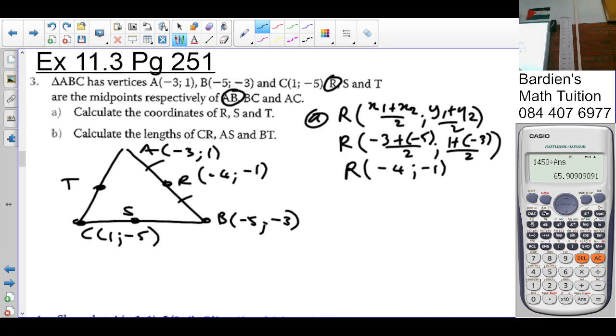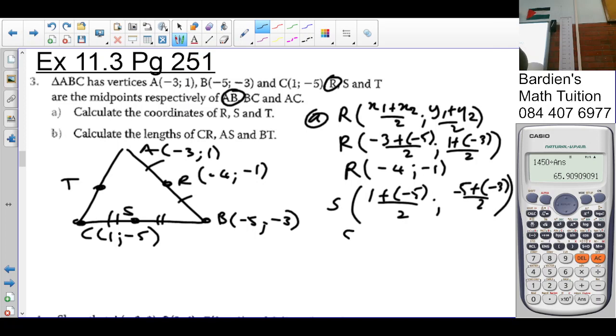Then for S, again that is a midpoint. Why am I making that 2 strokes and that 1 stroke? Because they are different. Okay? So S, again x1 plus x2 over 2. So it's for BC, B and C, so it's going to be 1 plus negative 5 over 2 and negative 5 plus negative 3 over 2. So S,